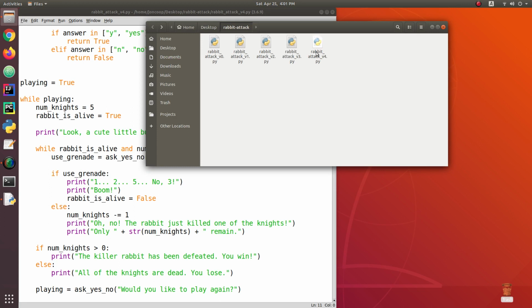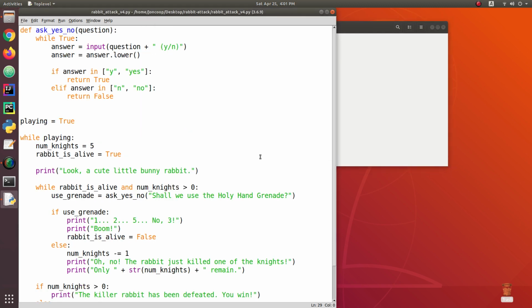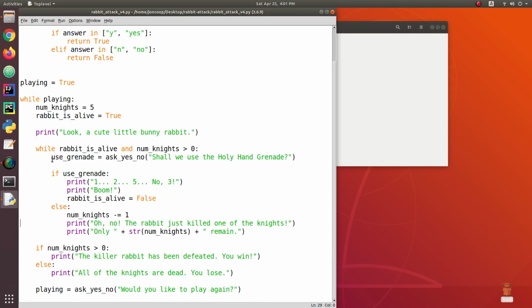All right, I'm back again, this time with version 4. Like usual, version 4 is exactly the same as version 3. Got my nice input validation in here. The game seems to play the way I want it. But now I just want to go through and look at some other places where I think the code can be